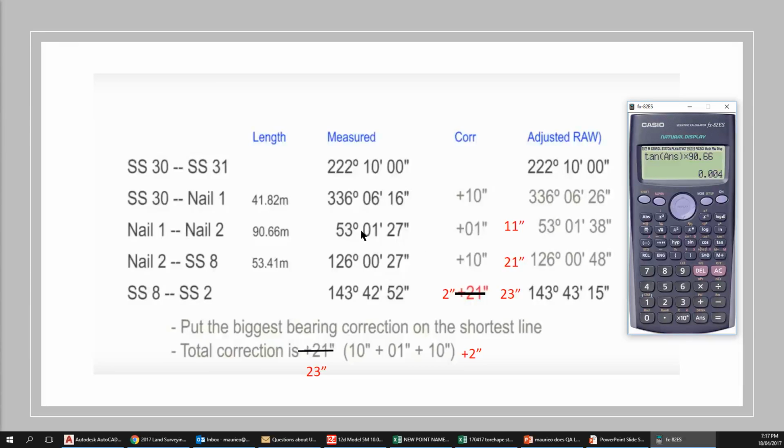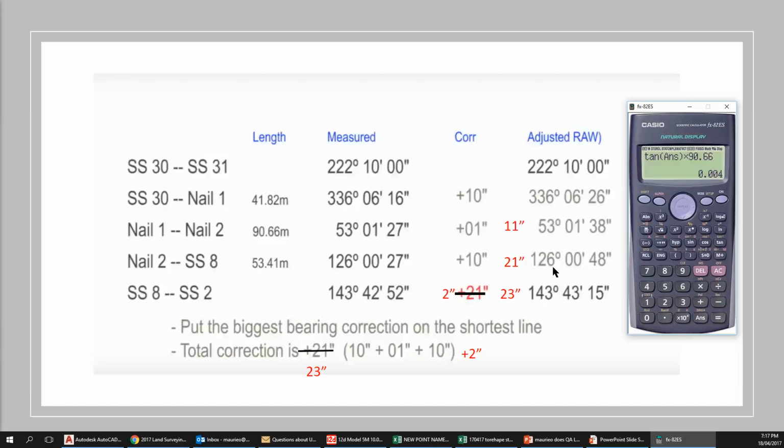But here we've got 53.0127 plus 01, but we should add the 10 as well, because that's included in this, so when it comes around it'll add. So that should be 11, and now you can see 53.0127 plus 11 gives you 53.0138, which helps with that. And then we've got here 126.0027, and that will have to add all of them. It'll have to add 10 plus 1 is 11, plus 10 is 21,